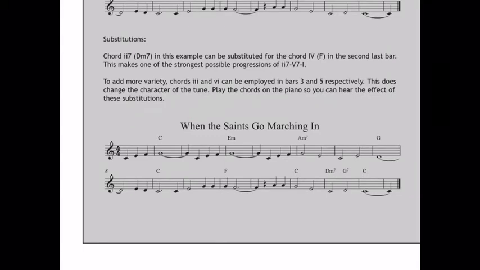Here we go. Oh, when the saints go marching in. Oh, when the saints go marching in. Oh, I want to be in that number when the saints go marching